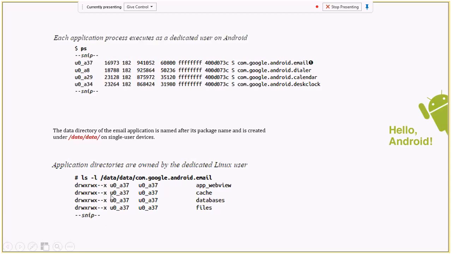The rest don't have any permission except execute. We'll see why. You can see the databases, the files this app is creating, and the cache. You won't be able to get further into this, and you can't see this unless the app is running in debug mode. But this is just to give you a glimpse of how it looks when you list this directory. Every app is given a space under data, named with the full package name of the app.